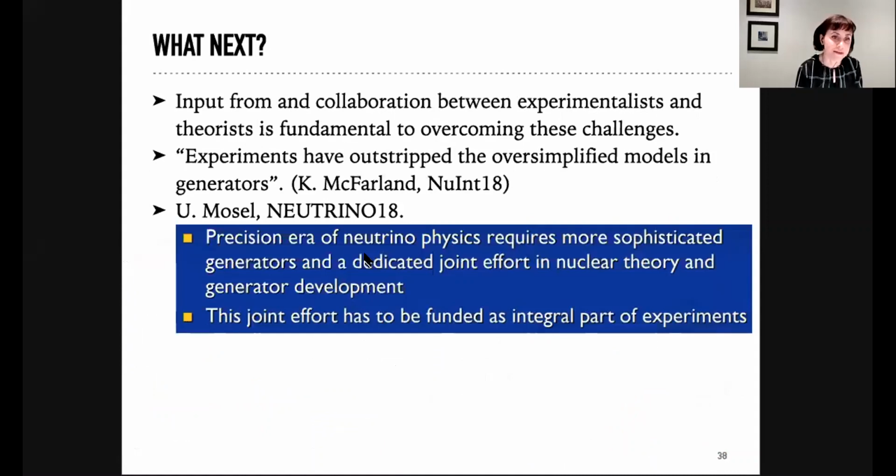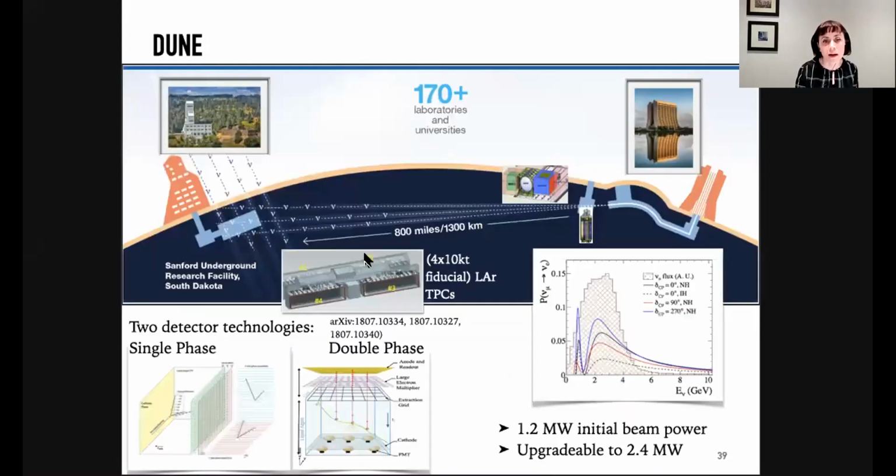And yes, a joint effort is needed. So this is just what everyone wants to do. And it's not just the big detectors, but even trying to understand these nuclear interactions that are crucial. Now I will briefly mention, to highlight the complexity of the big future experiments that we run after 2025, around